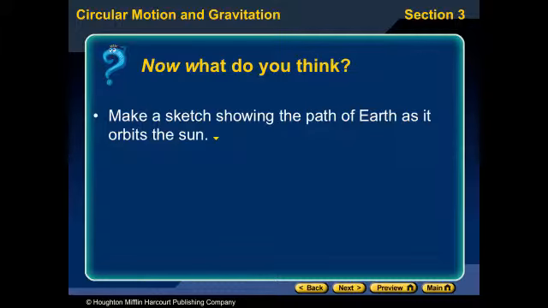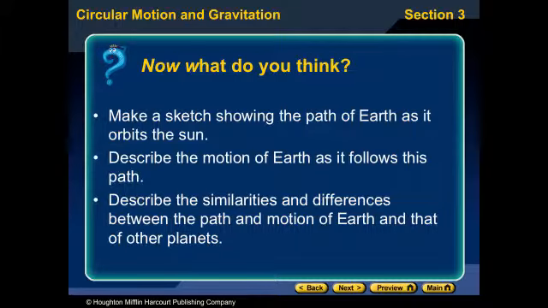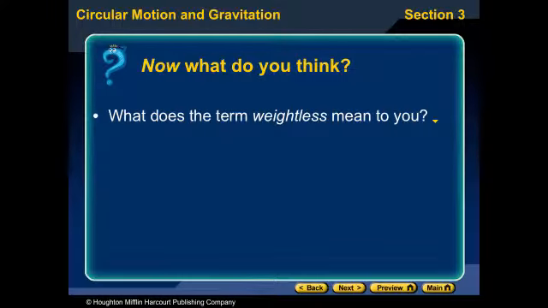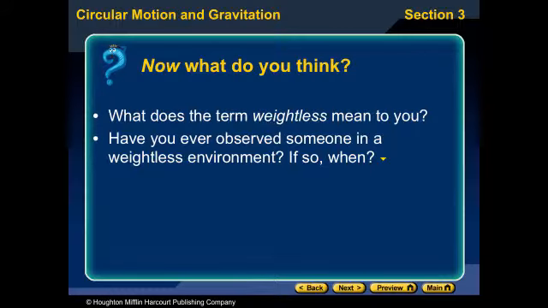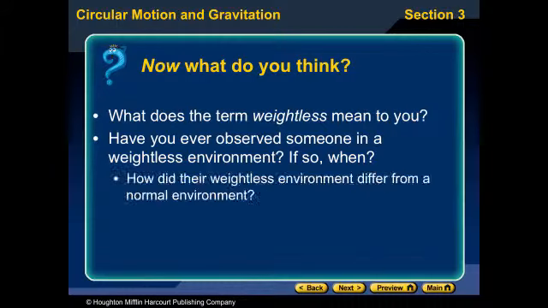So now as we go back through these questions, we should know that the path of the Earth is an ellipse. And every planet's path is an ellipse that just might be a little differently shaped. The amount of elliptical shape it has would be different between the different planets. The term weightless, what does it mean to you now? Has your definition changed? And have we ever really observed someone in a weightless environment? Probably not, unless you've been watching a video. And so you should now know how their weightless environment differs from a normal environment based on their